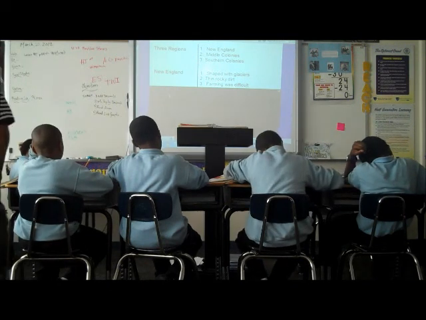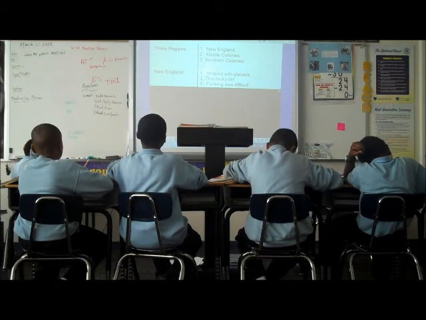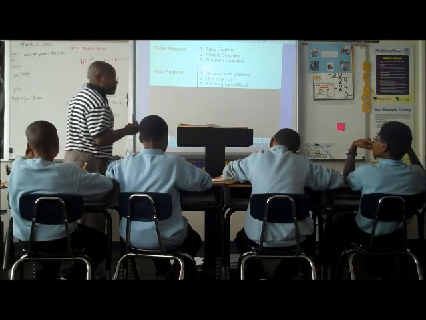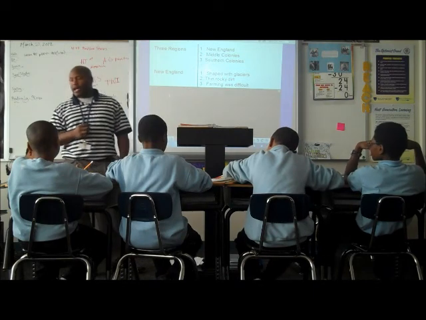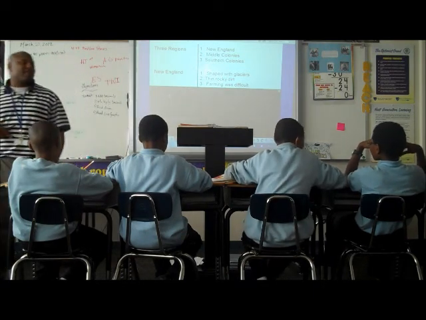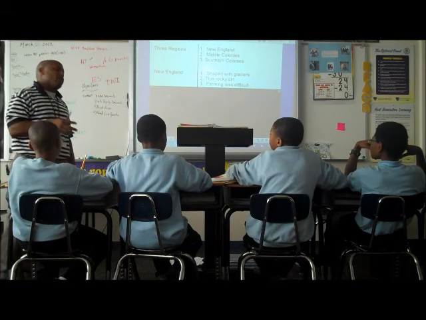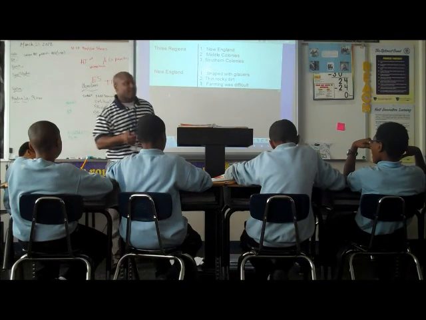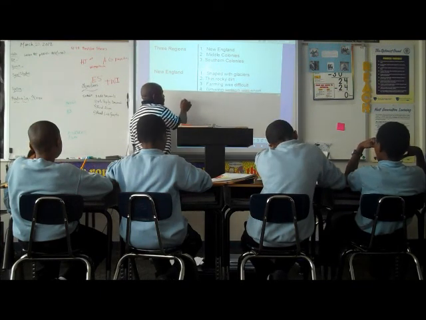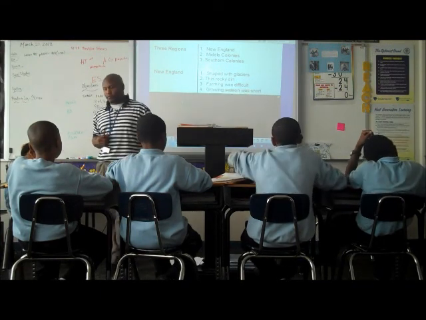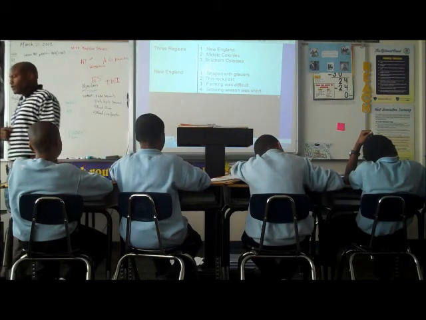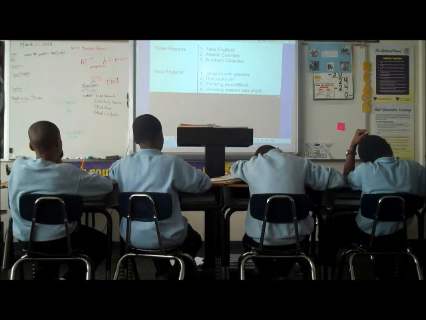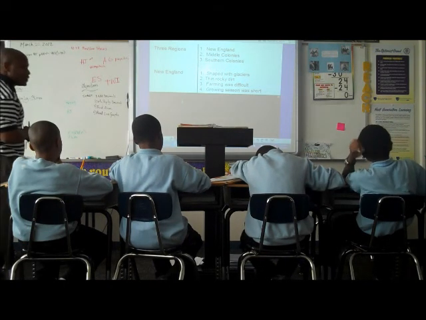For one, the soil was not good. 2, the climate was bad. The climate in the New England region was cold, so it was a very short growing season. And when we talk about growing season, which is a vocabulary word we're going to have in a few minutes, we're talking about the time period in which crops can be grown. They had a very short growing season. We will have a quiz on this information, so make sure you're copying these into your notes.